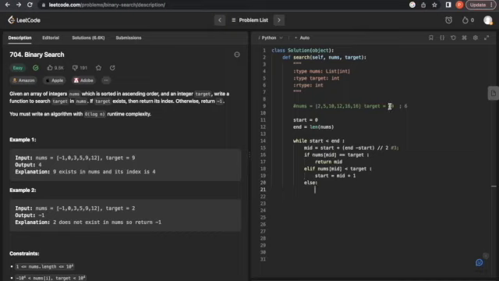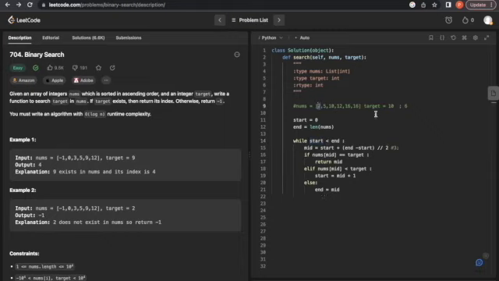That is the case, for example, when target is less than the mid value, like when target is 10 and the mid value is 12, right? So in that case, we'll be searching only the left hand side of this mid value. So how do we modify the end? We'll be modifying the end of the search space, and that would be modified as mid. So we'll be breaking out of this loop when